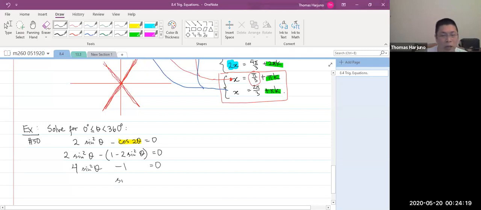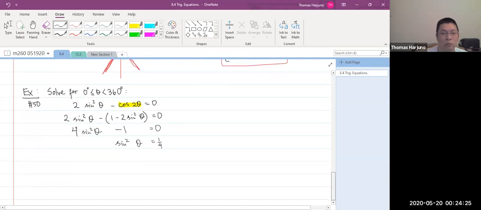So sine squared theta equals 1/4. So sine theta is plus or minus 1/2, right? When I do square root, I get, hold on,